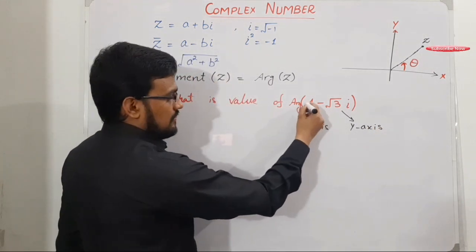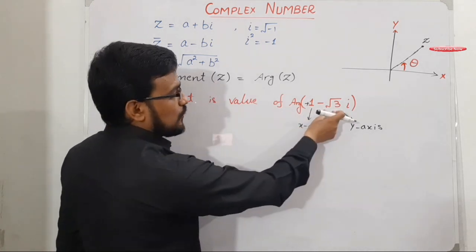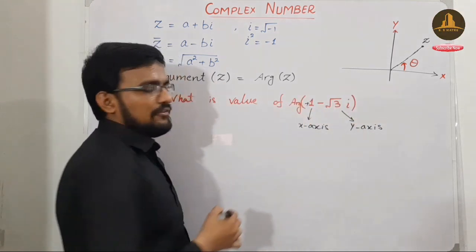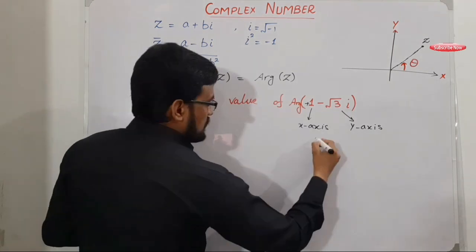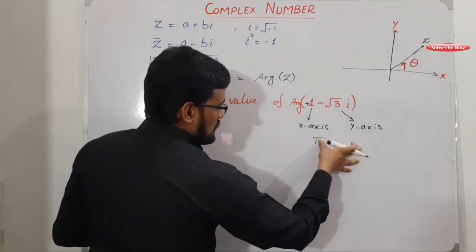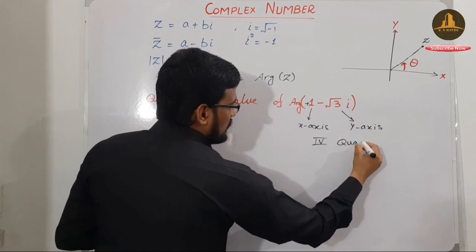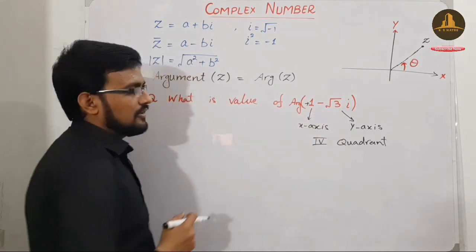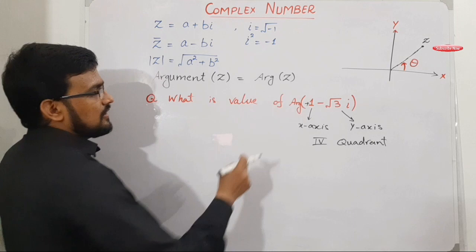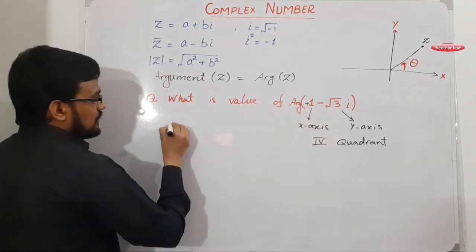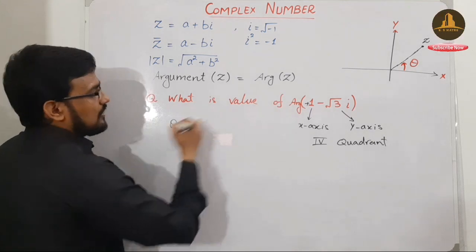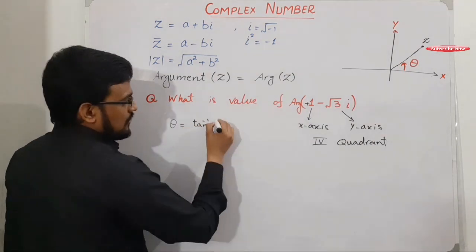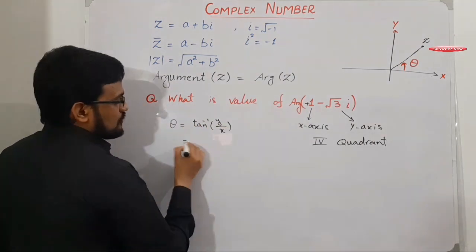X is plus 1, it means x is positive, y is negative. So this point lies in the fourth quadrant. This complex number lies in the fourth quadrant. And what is the angle? The formula for finding the angle or the argument is theta equal to tan inverse y over x. So here y is